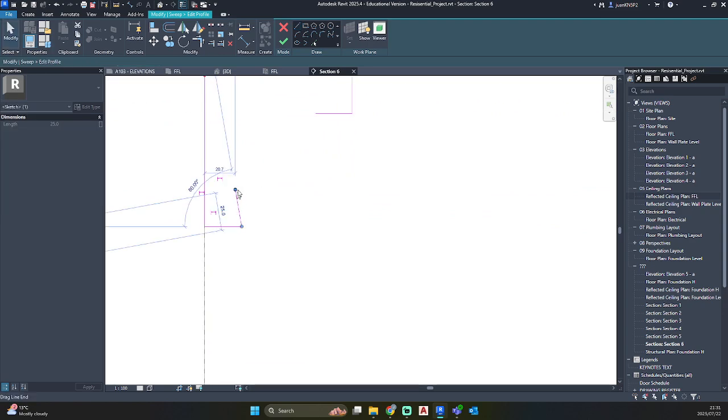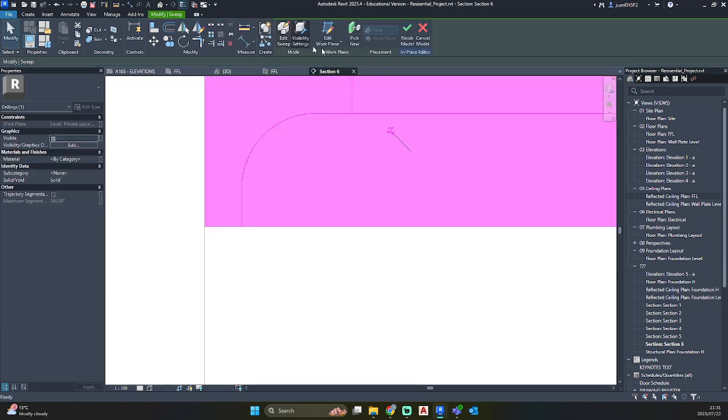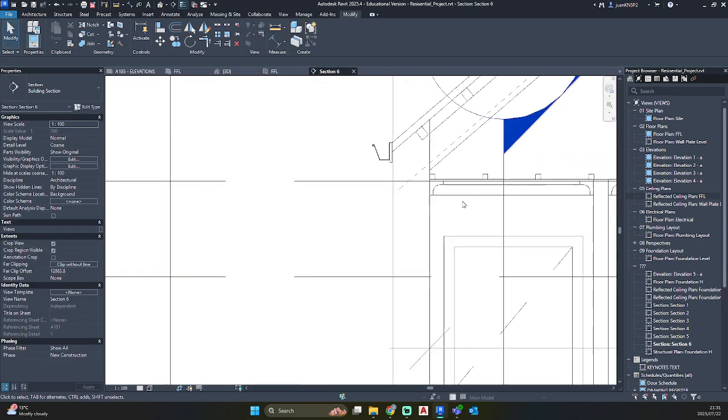Oops. Just going to redraw that quickly. Hit OK, OK, and finish model.